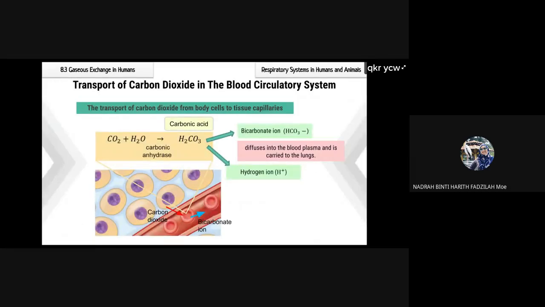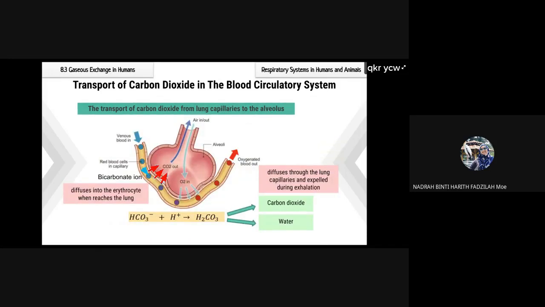So this is what I meant by carbon dioxide. When diffused into blood plasma, it will combine with water to form carbonic acid, which subsequently dissociates to form hydrogen ion and also bicarbonate ion. So this particular formation of carbonic acid is assisted, atau facilitated, by the enzyme carbonic anhydrase. Okay, so as you can see here, once the